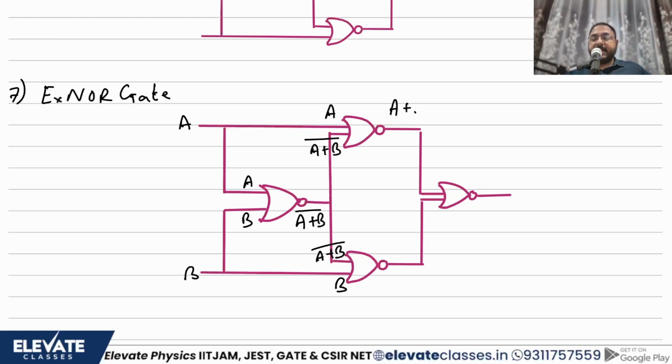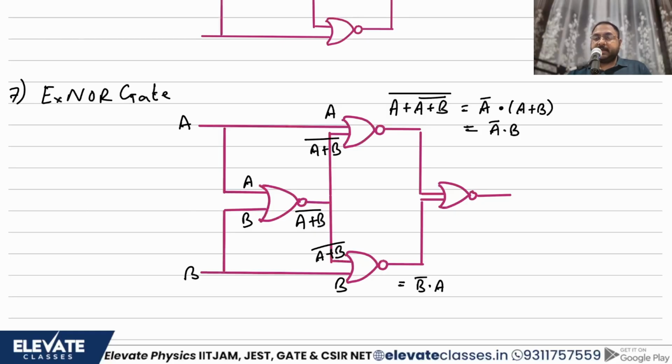Now let's go through the first NOR gate. We will have (A plus (A plus B) complement) whole complement. Correct? Can we try and solve this using De Morgan's? Let's try it. This will become A bar dot (A plus B) double complement. Now I'm not writing the double complement. By now I'm sure that you know that double complements will cancel out. Now if you open the bracket, first will become A bar dot A, which will become 0, so no point in adding that, and second term will become A bar dot B. Similarly, this output over here will become B bar dot A.